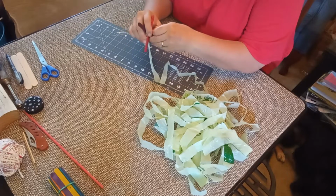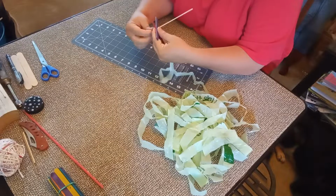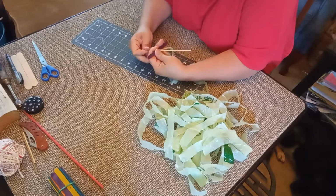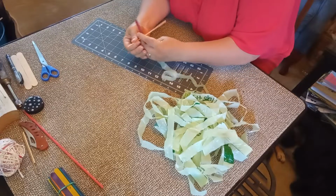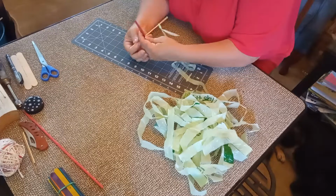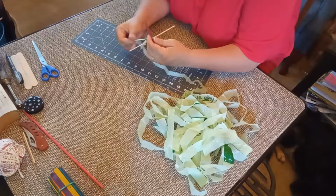I think we're going to scoot these down the spindle a little bit further and give me a little more space. They have to be tight or the spindle doesn't work right. But there we go. Okay. So